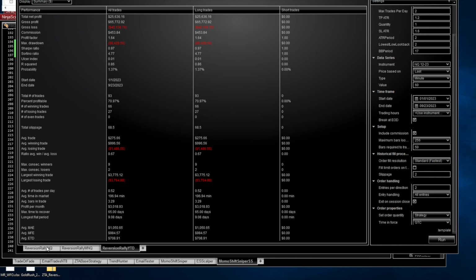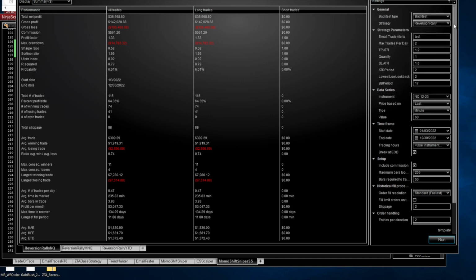Here, I have a few things I want to walk you guys through. The first is the performance in the last full calendar year on the full NQ contract. If we're looking at the mini contracts, you can see that from January 2022, the top of last year, to the end of last year, we made about $35,000 if we had this system on and we were trading it on NQ. And this runs on the 60-minute chart, right? So it isn't a quick or fast scalping system. It's a bit of a higher time frame, slower system.